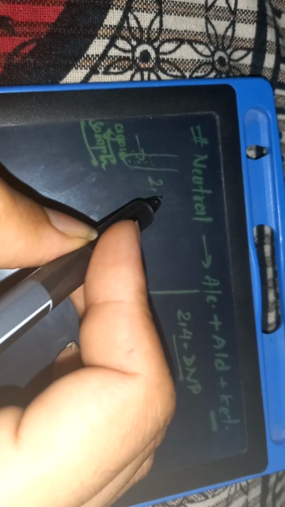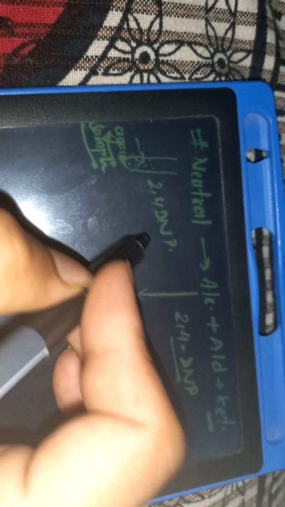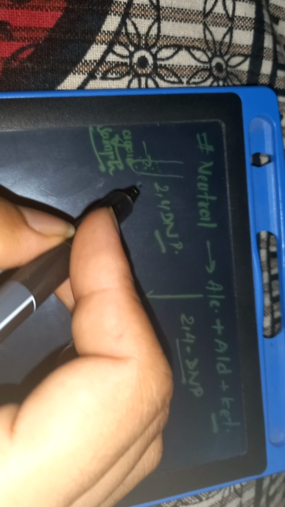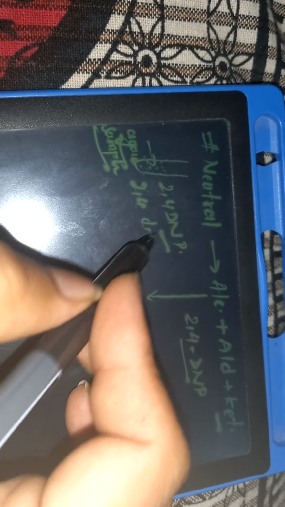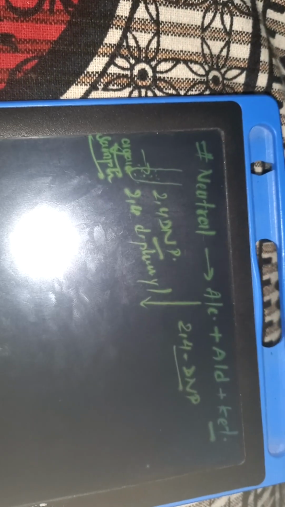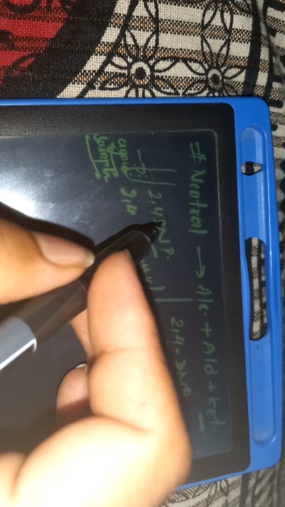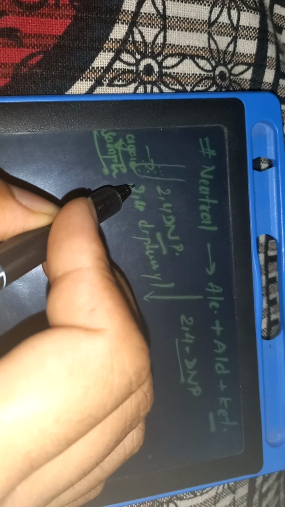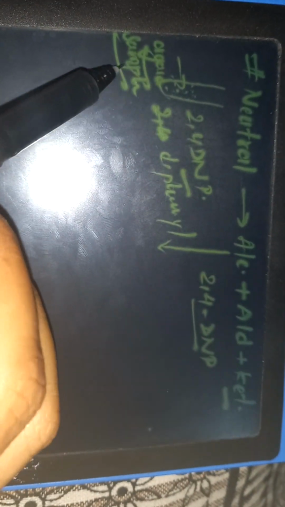If you add 2,4-DNP, what is the full form of 2,4-DNP? Sorry, I think I have to erase this. Wait for a second. I couldn't erase this because the whole board will be erased. So 2,4-DNP means 2,4-dinitrophenylhydrazine. If it reacts with the organic sample,